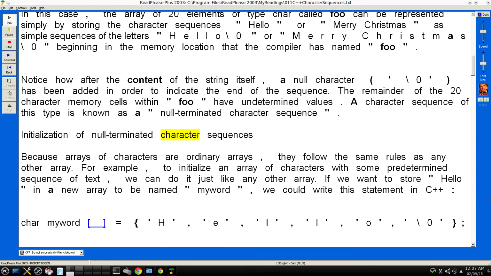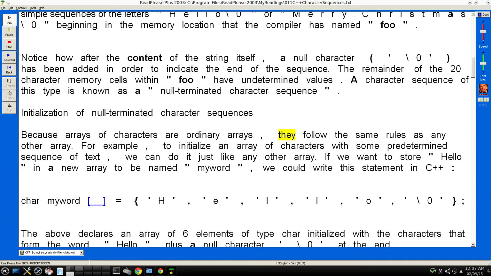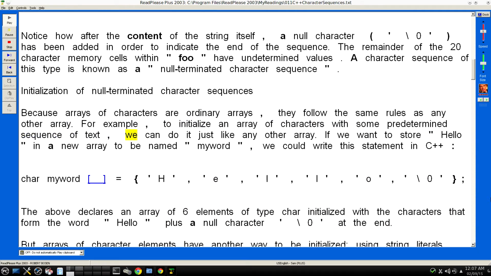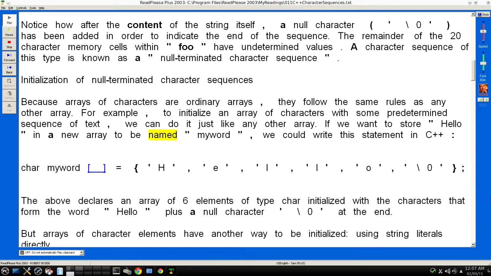Initialization of null terminated character sequences. Because arrays of characters are ordinary arrays, they follow the same rules as any other array. For example, to initialize an array of characters with some predetermined sequence of text, we can do it just like any other array. If we want to store "Hello" in a new array to be named "myword", we could write this statement in C++: